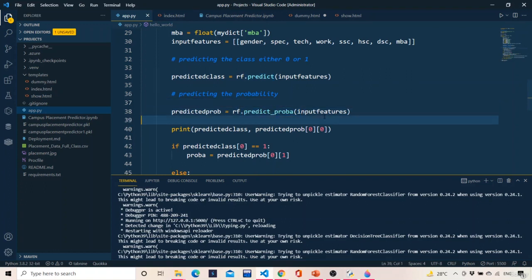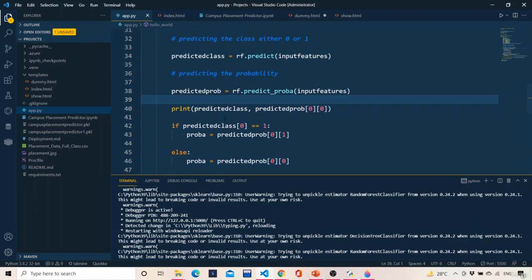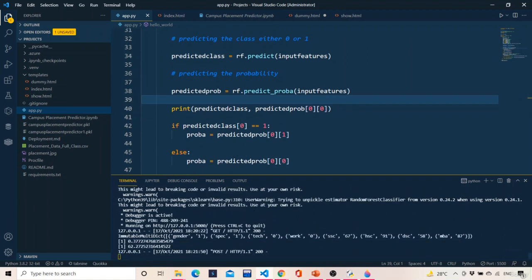Now you have to be very, very careful over here, because from here the main logic part comes. If you try and predict, you can see the dictionary I was talking about, which was being discussed. If I want to access the values, I am accessing them with the help of this name feature, as you can see from here. Then over here what I need is predicted class comma predicted prob of 0 0. So predicted class is 1 and predicted probability is 0.37 something, predicted 0 0.